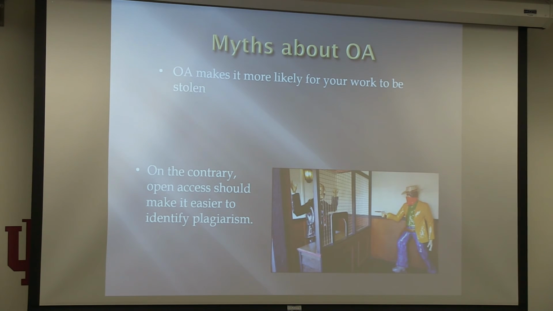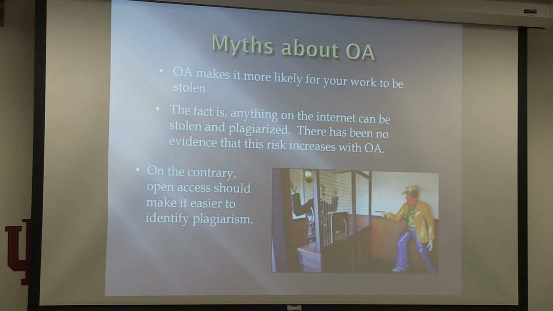Another myth that they spread at the time was that open access makes it more likely for your work to be stolen. The fact is, if something's on the internet, yes, it can be stolen, it can be plagiarized. It's going to happen eventually. But I would counter, and a lot of people have countered, that on the contrary, open access probably makes it easier to find people who are plagiarizing. Because if you publish an article in a subscription-based journal that is really hard to access, and somebody finds it and takes it,